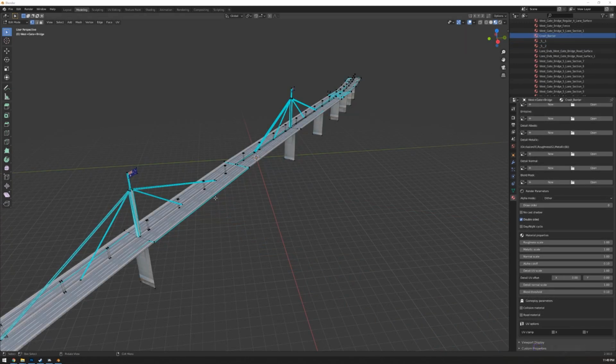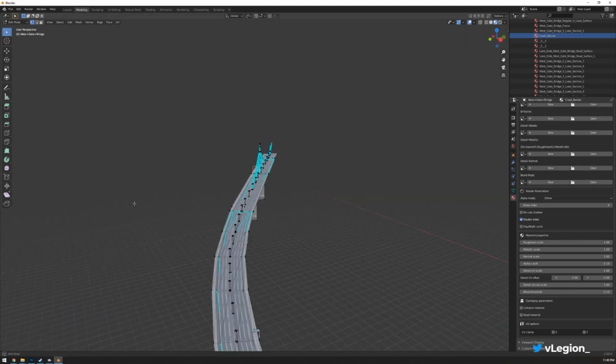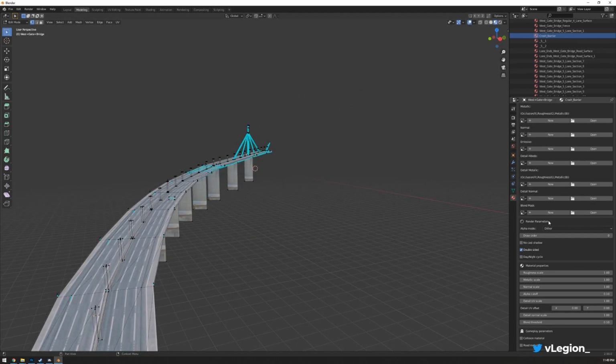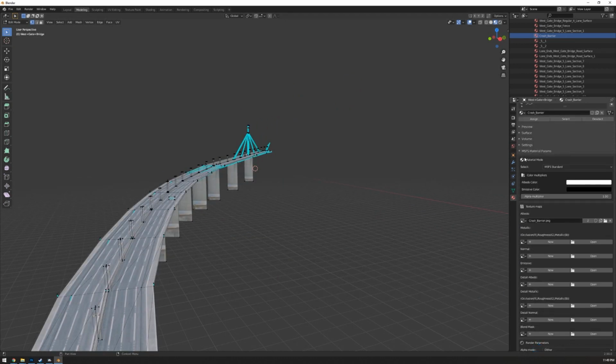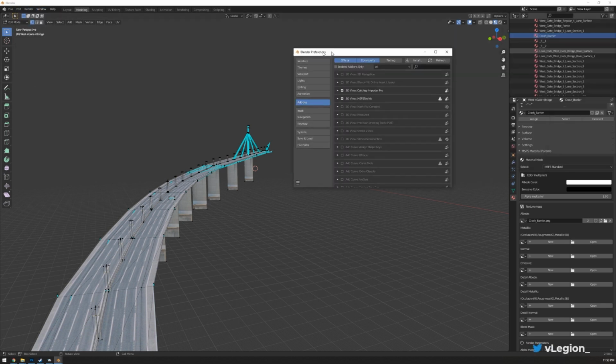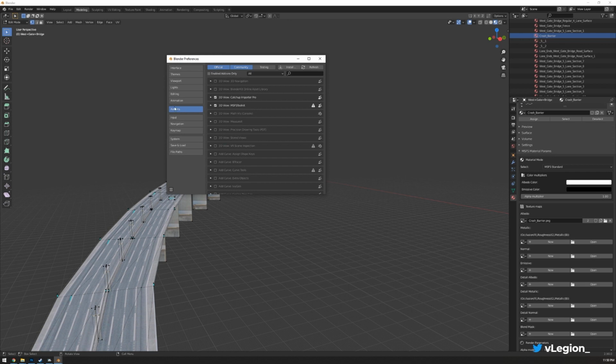Alrighty, so I've now gone and finished the whole bridge. I've got all the textures linked up, making sure that of course here, make sure you use the MSFS material params. If you don't have this, just as another note, make sure that you enable it. The download for it is in the description, but you just have to go up to edit, preferences, then your add-ons are in here, click that, and then you would just go install